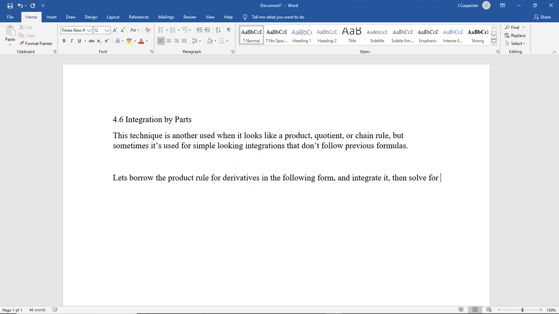Then solve for one of the resulting integrals. So the product rule states for derivatives